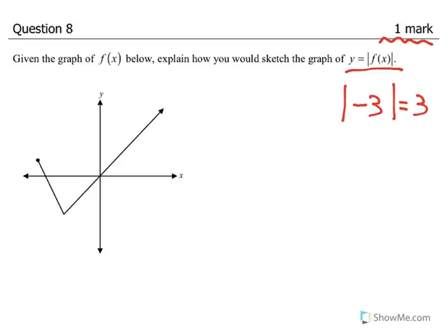Notice that the absolute values are around f of x, which is the same as the y coordinates of a function. So if we are going to graph y equals absolute value of f of x, we just take any negative y values and flip them up so that they're positive. So you can see this section down here is negative, it's below the x-axis. So to trace this, we're going to go right over,